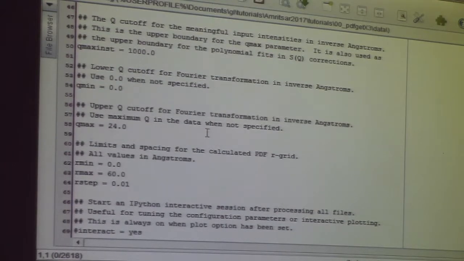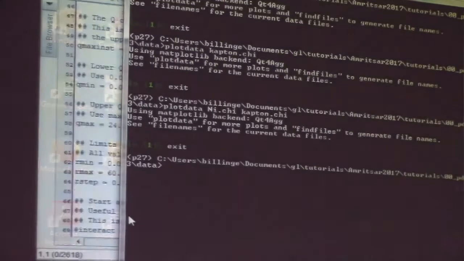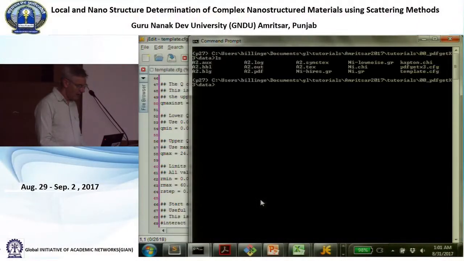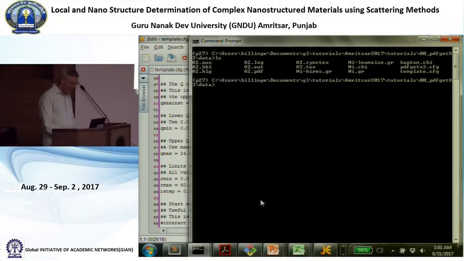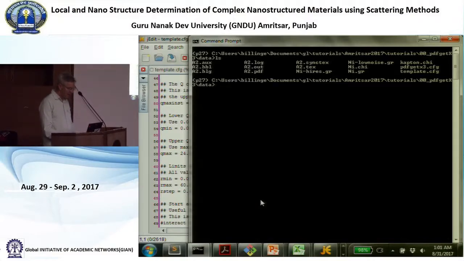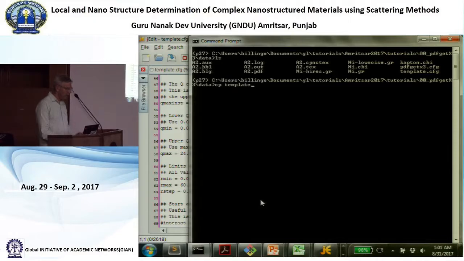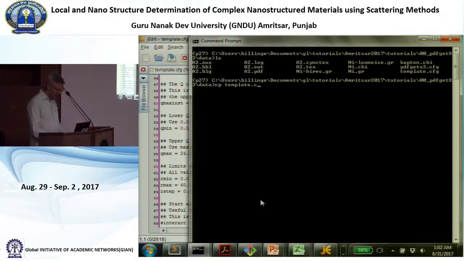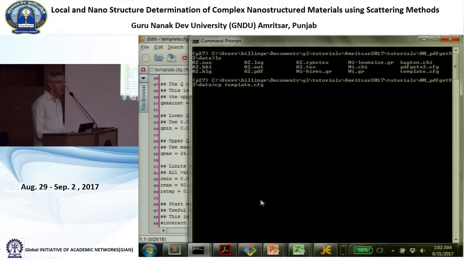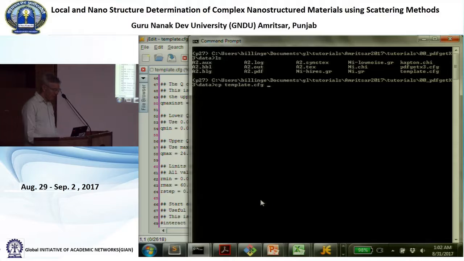So there's a lot of stuff you don't want to change. But you actually don't want to change the template file because you want to keep it as a template file. So the first thing we want to do is copy template.cfg to another name. You can just use your Windows tools to do this too. So what should we call it? We'll call it live